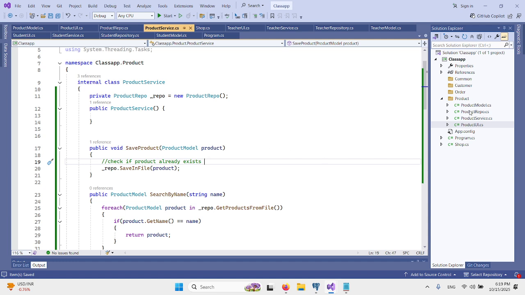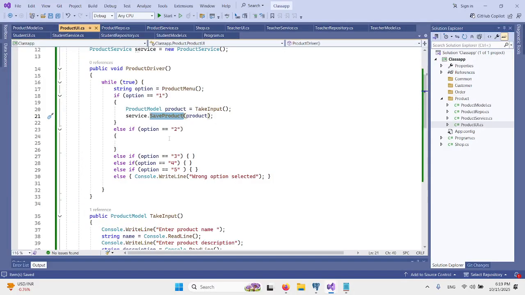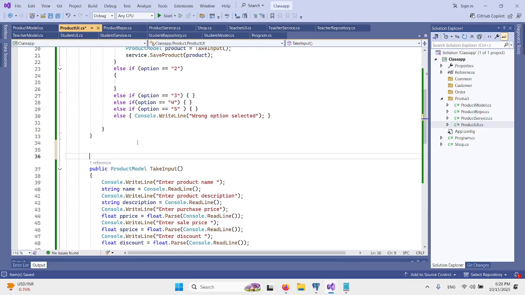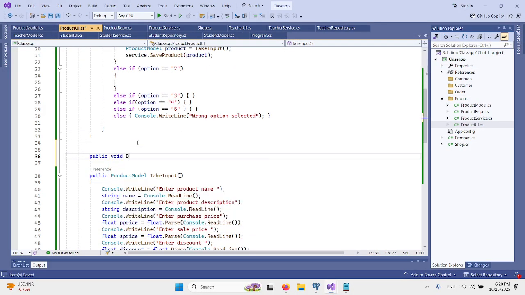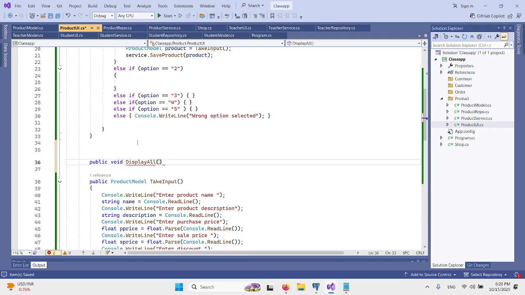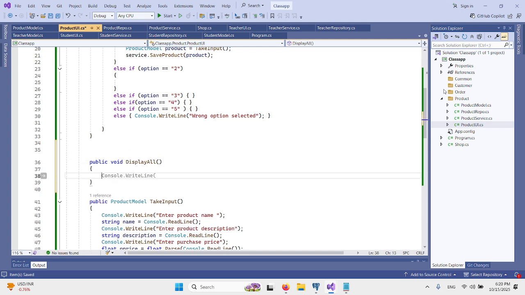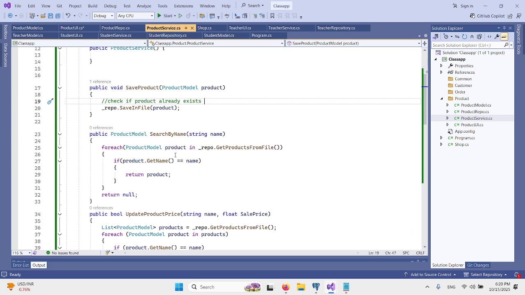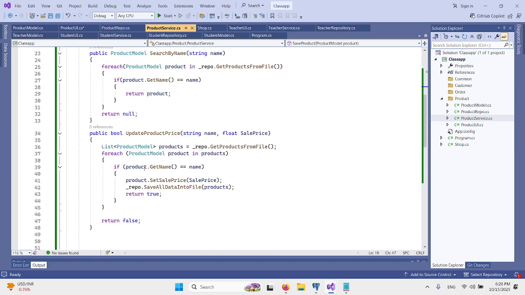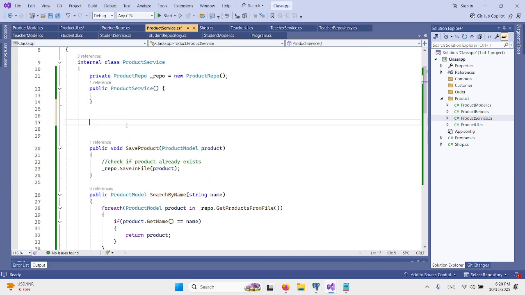Okay, let's go to the UI now and write one function there, public void display all data. So we need a function in the service that returns all the data from the repo.